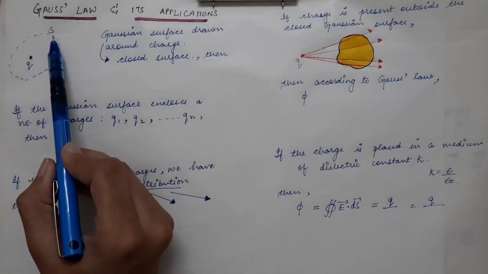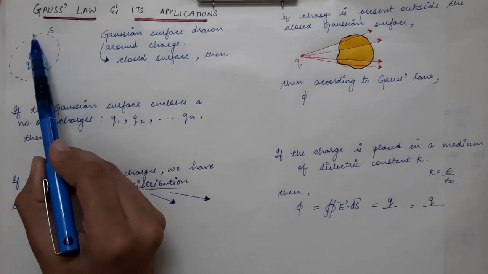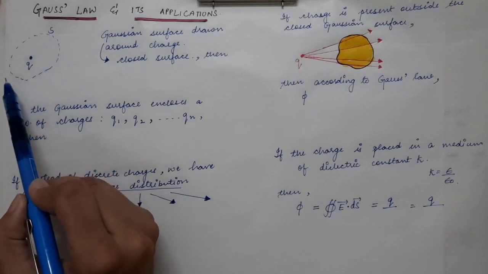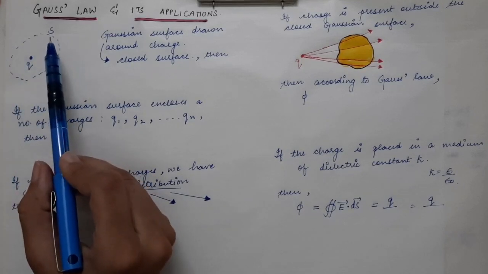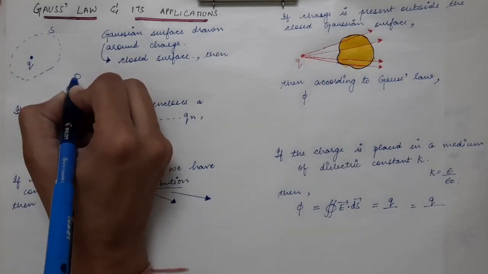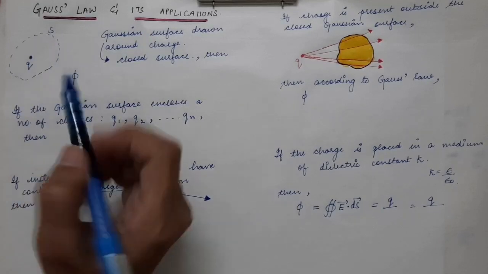So there will be electric field lines crossing this surface. The number of electric field lines crossing this surface is called flux. So the flux linked with this Gaussian surface